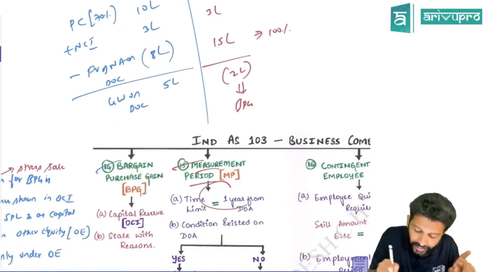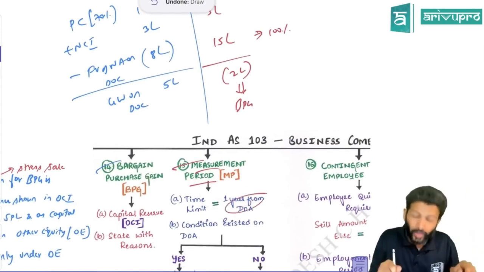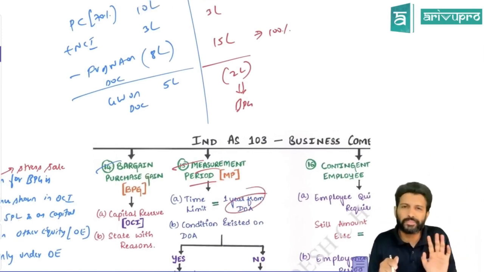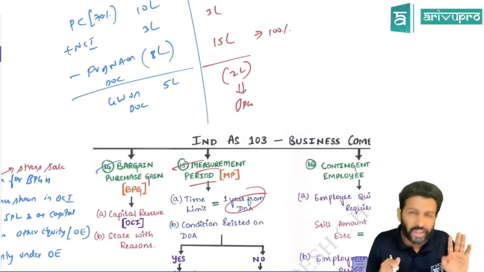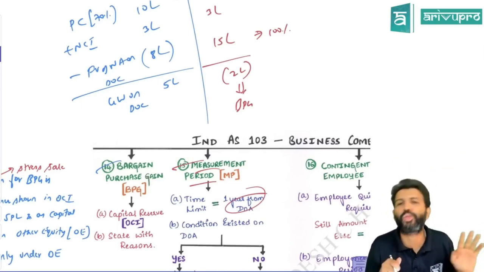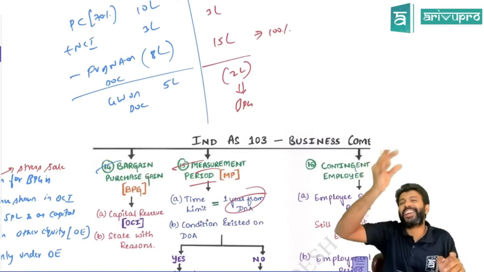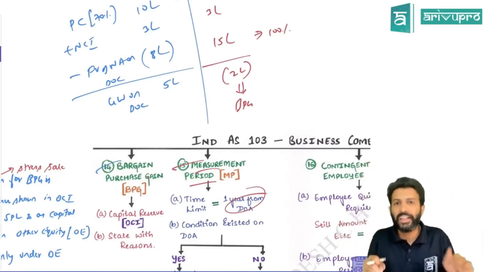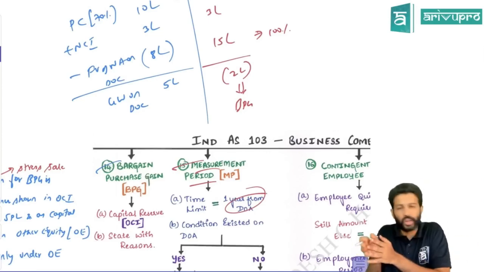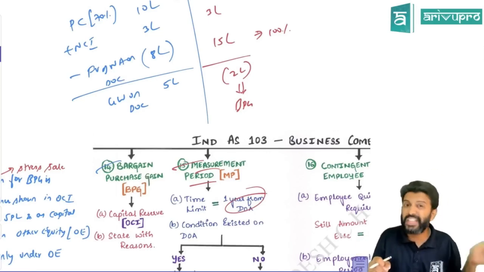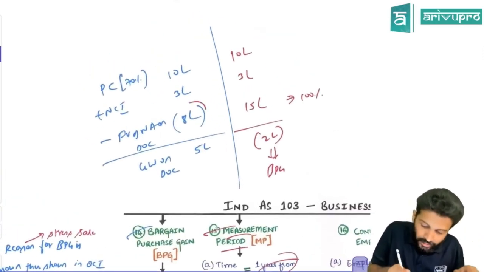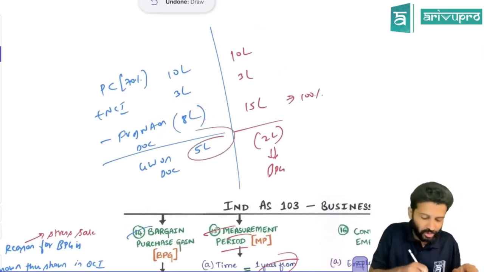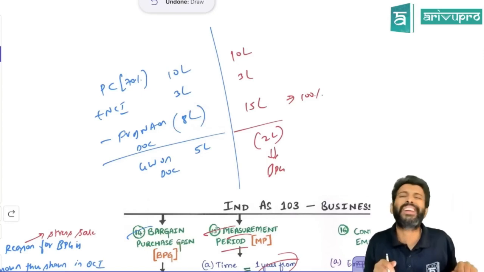Take 1 year time from the date of control and see if you have computed the fair value of all net assets properly or not. If you feel the fair value of some assets is not determined properly, then you can revise those net assets. Some extra time is given for you to recheck your net assets. If you feel you have made some mistakes or did not consider all the data, you can revise your net assets. If you revise net assets, obviously this number will change. Goodwill, which you get as a balancing figure, will also change.